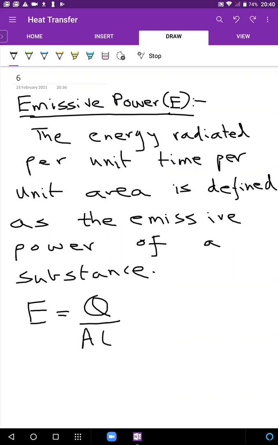Again, it's not fundamentally power. Power would have just been Q by T. This is power by area, what we typically call intensity. Yes, it's actually intensity in that sense. But its name is emissive power. So I'm ending with this. This is just to tell you names matter. Don't ignore this. You're not going to use every specific thing in a question, but these names matter and make a lot of difference. All right. Any doubt? Those who want to leave can leave. I'm done.